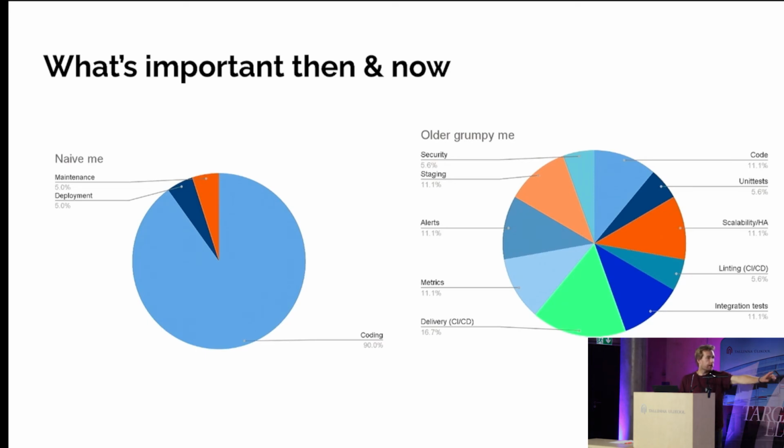And maybe I would say the most important aspect is delivery of software. I've come to the point in life that if I need to deliver software to somebody, and I'm unable to do it in the format of a Docker image, then I'm not going to do it. Because